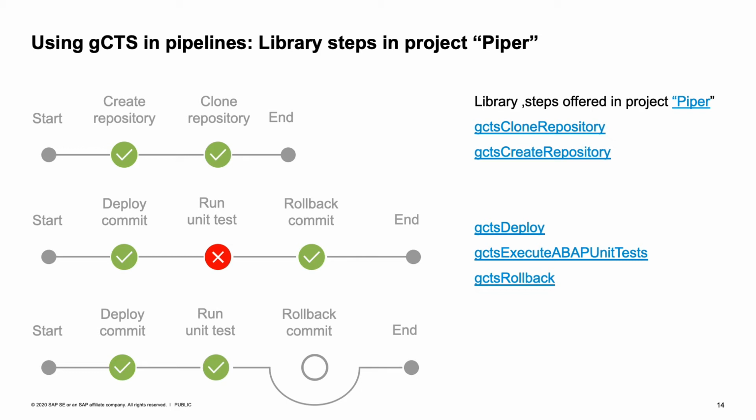What happens in the background when you deploy a commit is that a transport request is created, and this transport request takes into consideration the current state of your system, so the latest commit that is active on the system, and what is new in the commit that you decided to deploy. And all of the differences will be put into one transport request. So you don't need to import all commits when we talk, for example, about production systems, but only the latest. And then automatically all the differences will be checked and what is needed to be deployed will be deployed.